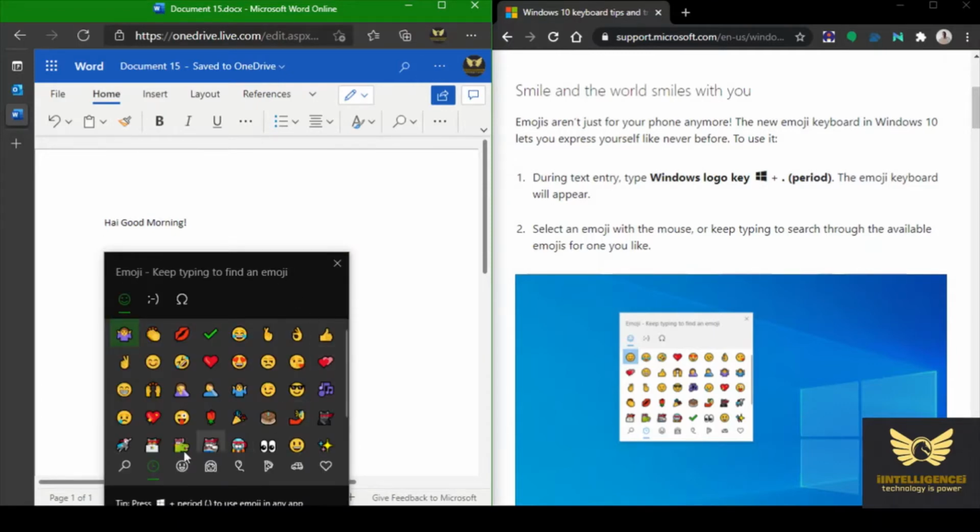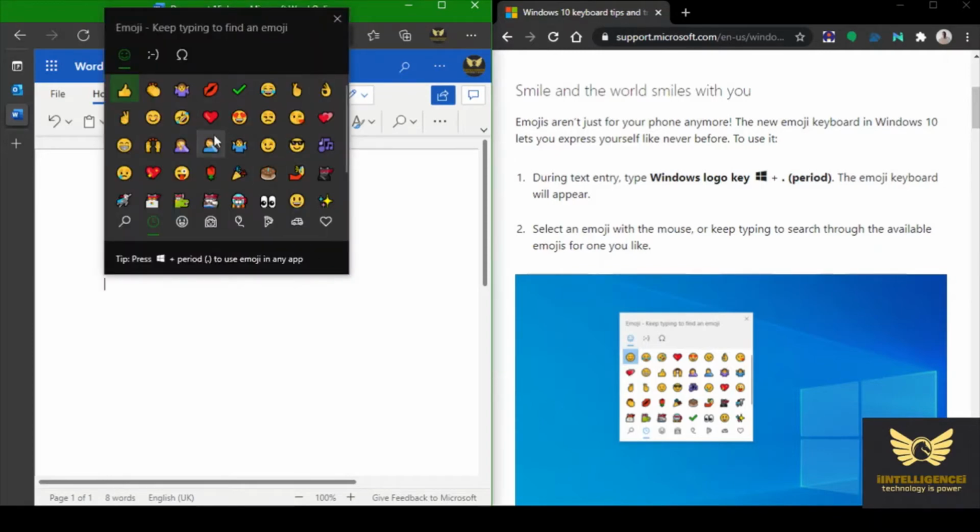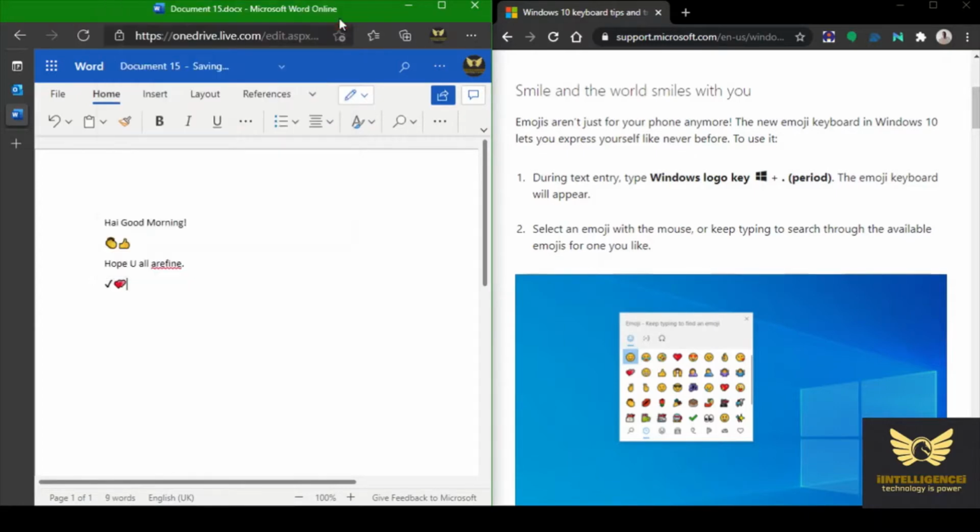It will bring the emojis. Then you see, Windows key plus dot key. Okay, so this is the process of how to use emojis.